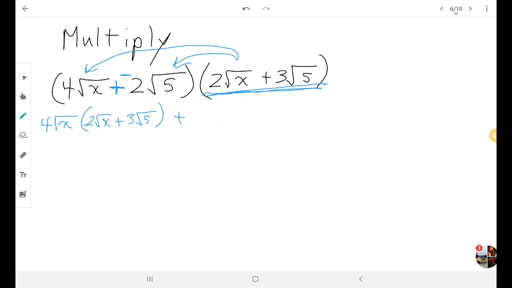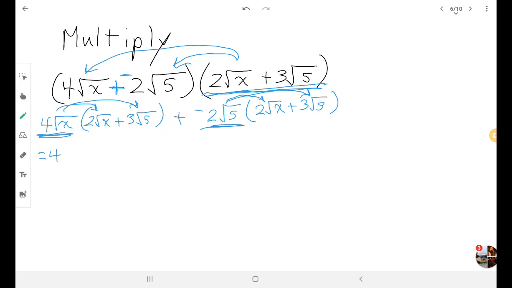And then plus a negative 2 times the square root of 5 times 2 times square root of x plus 3 times square root of 5. And now I'm going to take these outside ones and do the distribution that we were doing in the last problem. And then I'll put the whole thing together. So that's